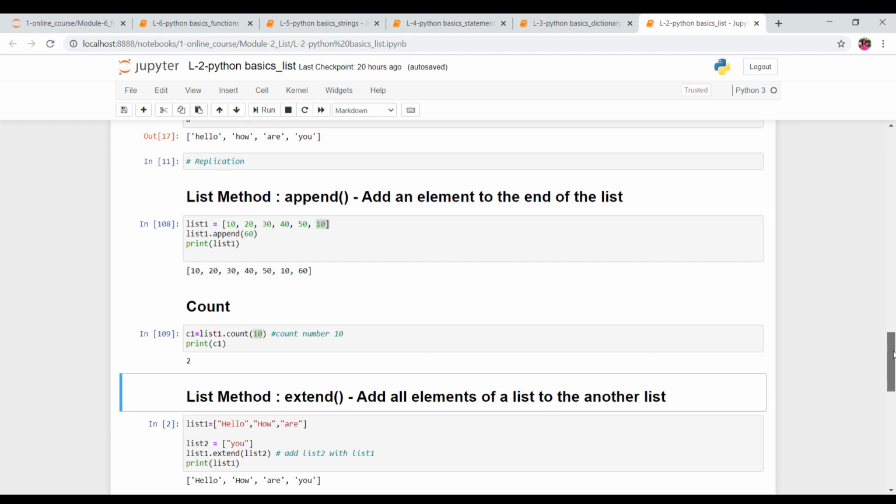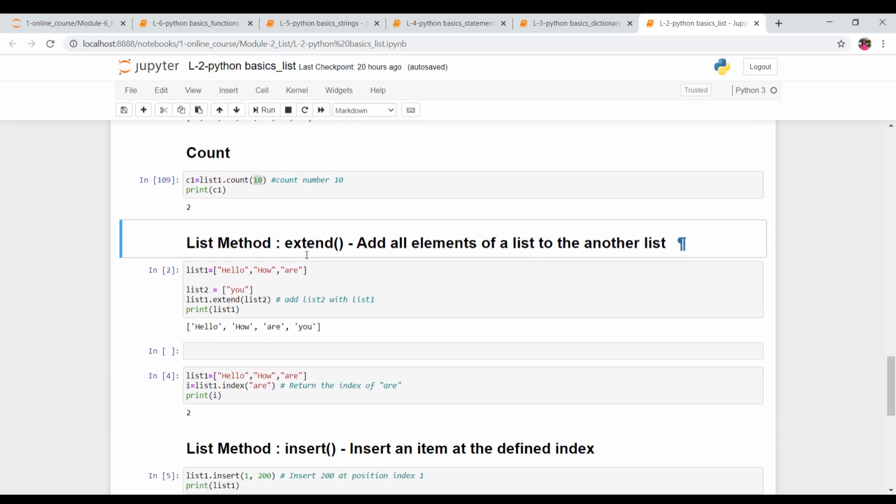Okay, so now this is another method of list. This is the extend method. The extend method simply means whenever you want to add elements of a list to another list. For example, this is list 1. This list has this data, and this is a second list. Now what I want is to add the data of list 2 in list 1. So we can use extend over here.